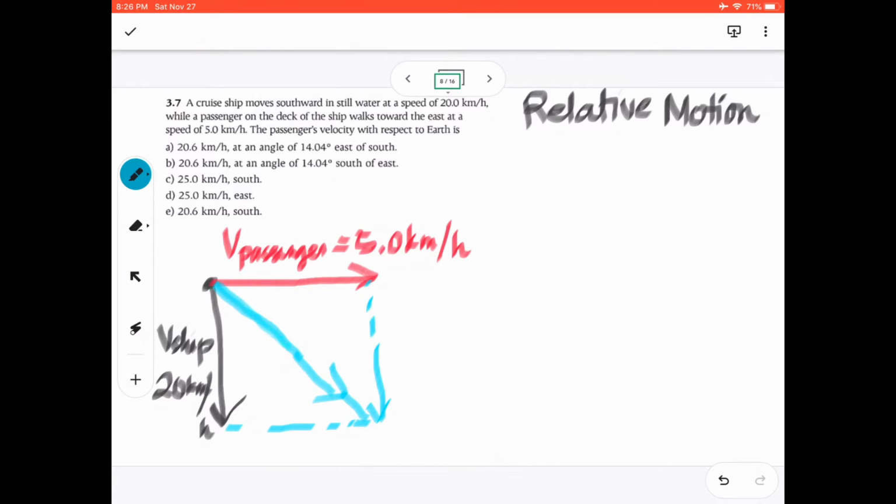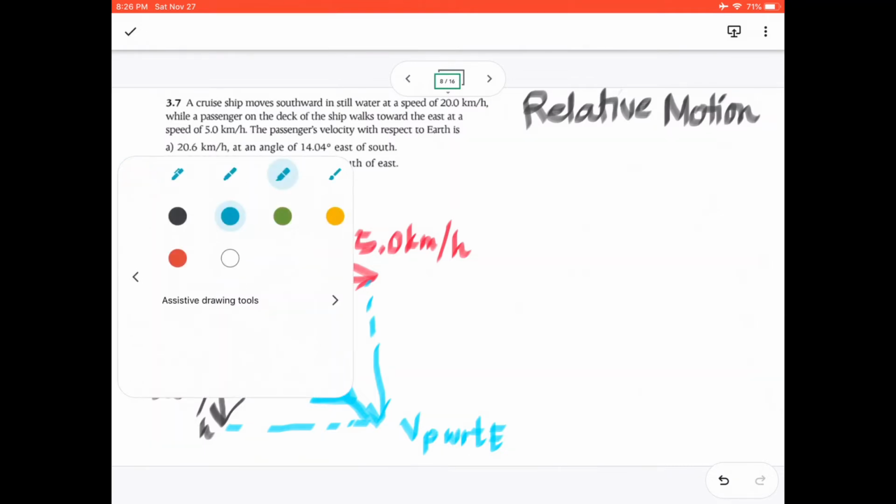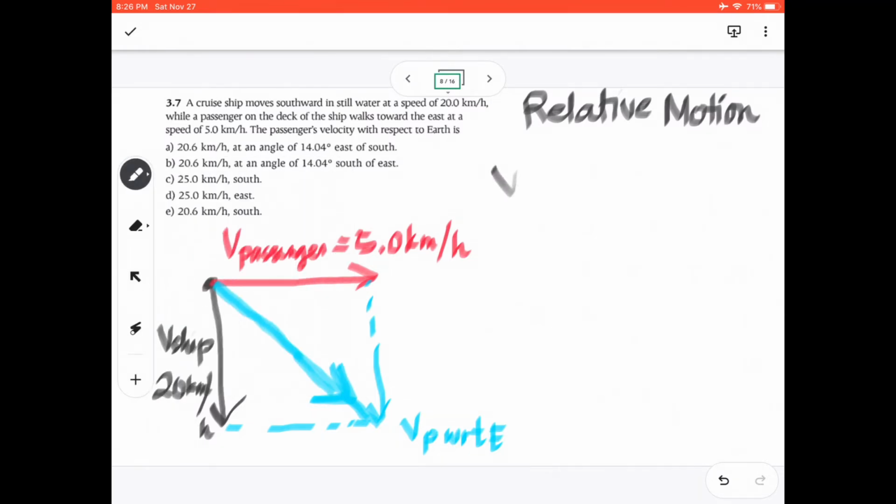Now this direction, the blue one, is the velocity of the passenger with respect to the Earth. That's just the resultant. So if we're going to solve that, the velocity of the passenger with respect to the Earth is just equal to the root of, this is just the Pythagorean theorem,